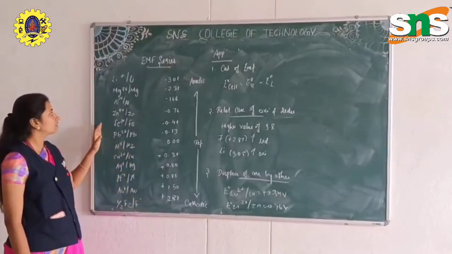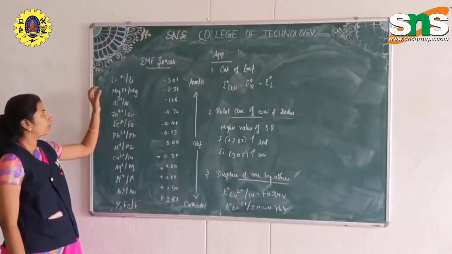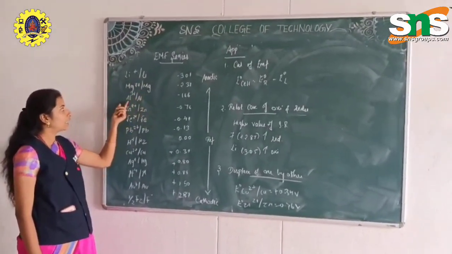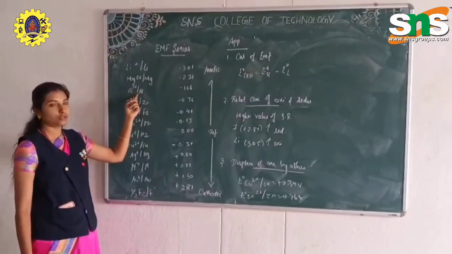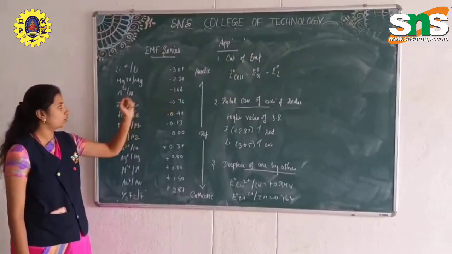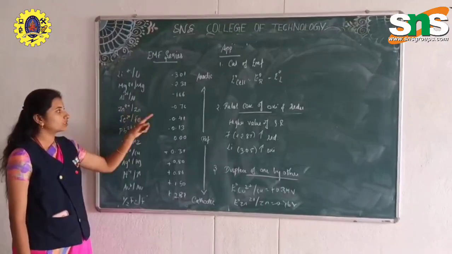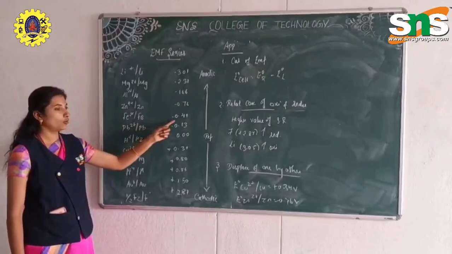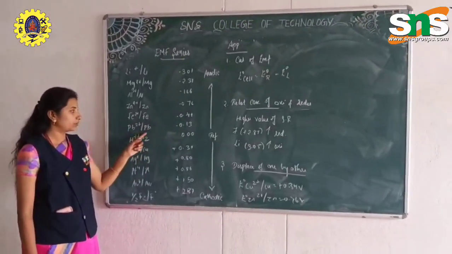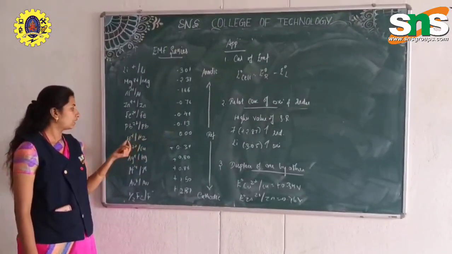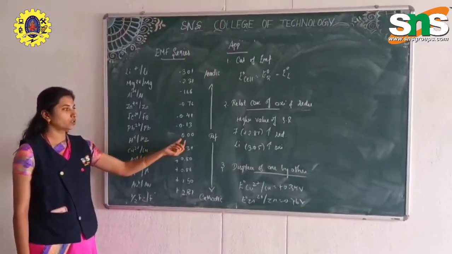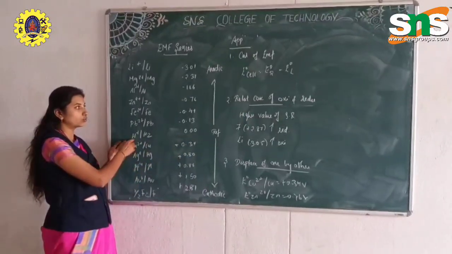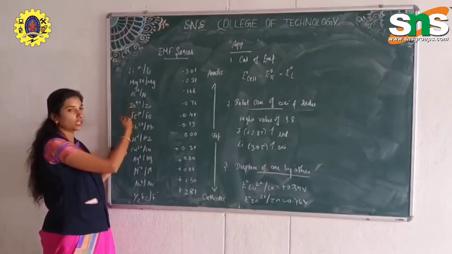Here I have taken some more examples: Li+ / Li, Mg2+ / Mg, and Al3+ / Al, which has a voltage of minus 1.66 volts, and Zn2+ / Zn, which has a voltage of minus 0.76, Fe2+ / Fe, that is minus 0.44, Pb2+ / Pb minus 0.13 volts, and H+ / H2, which gives 0.00 volts, which is considered as the reference electrode. This is the reference electrode which is used to relate the anodic and the cathodic part